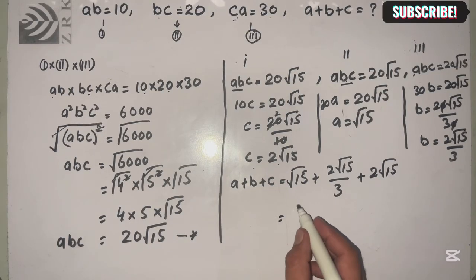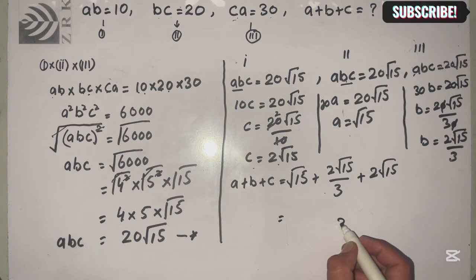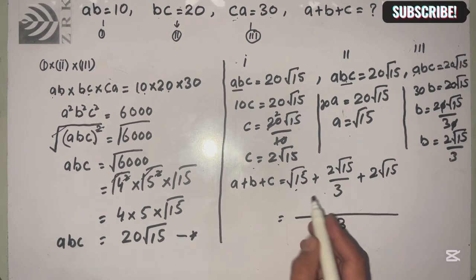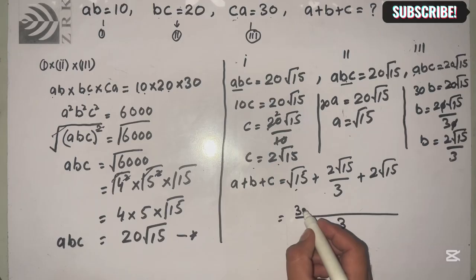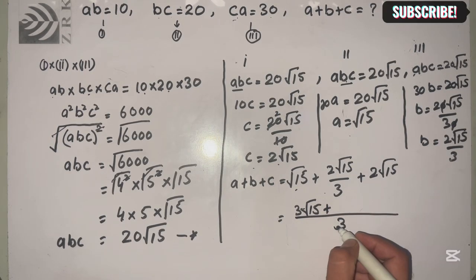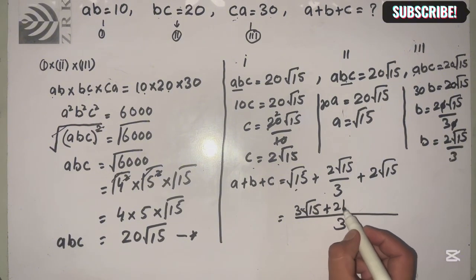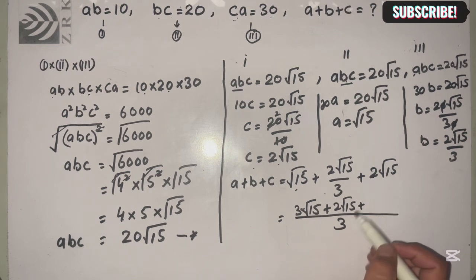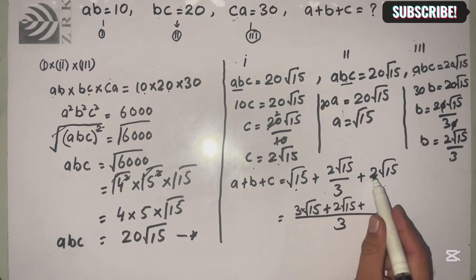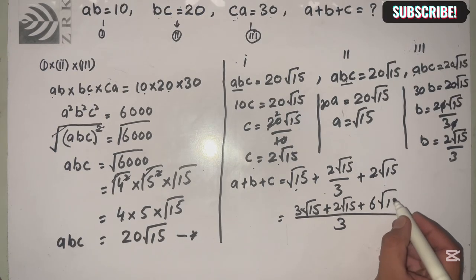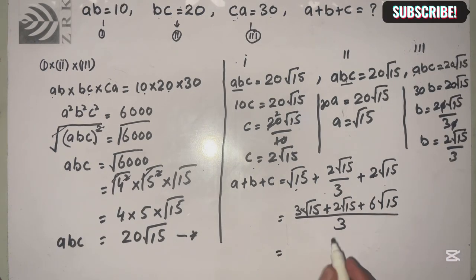Since we will take the LCM as 3, and we don't have a denominator here, we will multiply 3 with this 15 square root, plus, here 3 is available, so we will just put 2 times 15 square root, and plus, here you can see that we don't have any 3, so we will multiply 3 with 2. This will give 6 times 15 square root, which further is equal to, we'll have 3 as a denominator, and